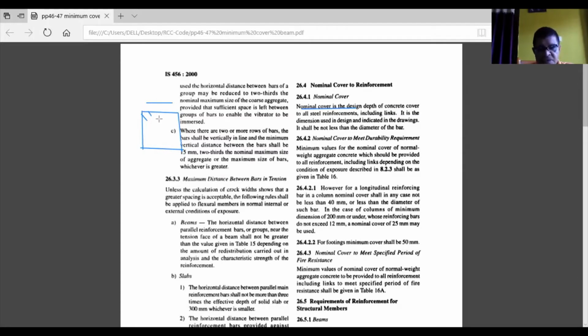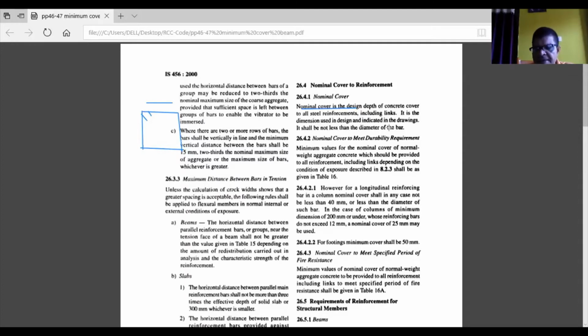Links are not only in beams, but also in columns, where you find the ties. There should be minimum cover everywhere. Wherever you provide steel as reinforcement, for any kind of reinforcement, there should be minimum cover on all sides. Now it is the dimension in design.